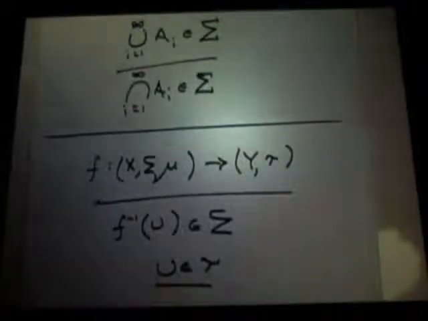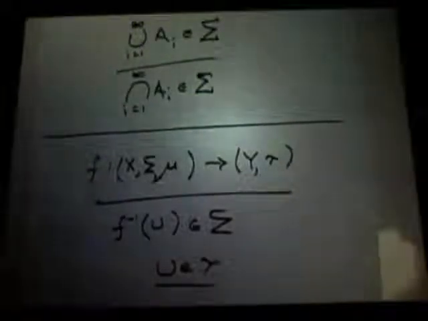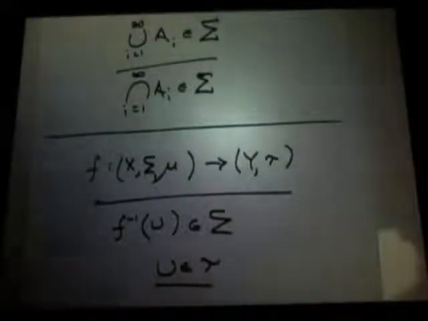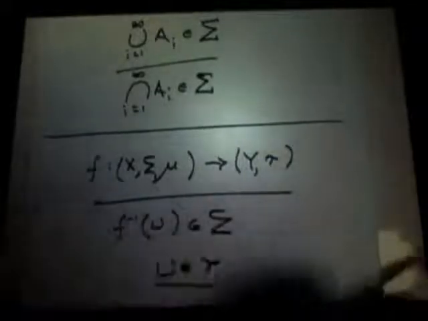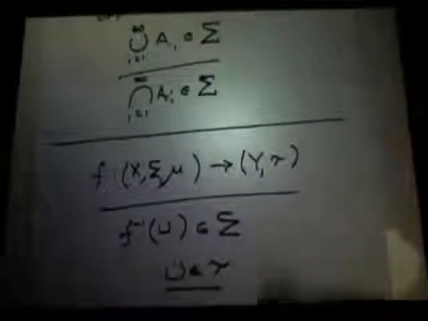It's from a measure space to a topological space, and the pre-image of an open set is measurable. And you can show that then the pre-image of a closed set is measurable, the pre-image of a half-open set is measurable. By the way, how would you do that? Let me just, how do you write